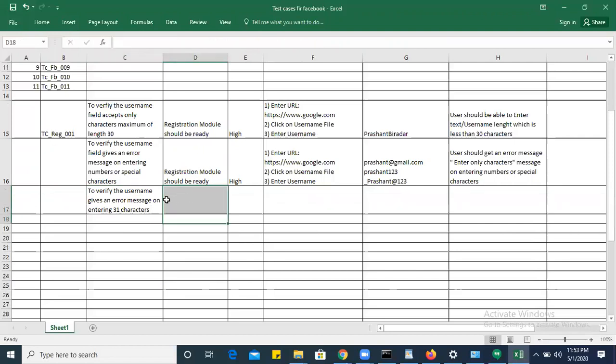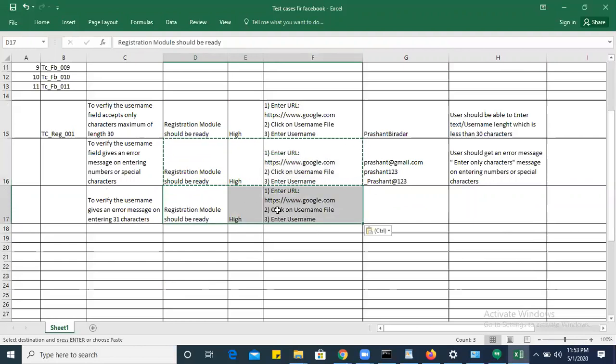So maximum length is 30 characters. If I'm giving 31 characters, then it should give an error message, right? This is where you can say boundary value analysis.